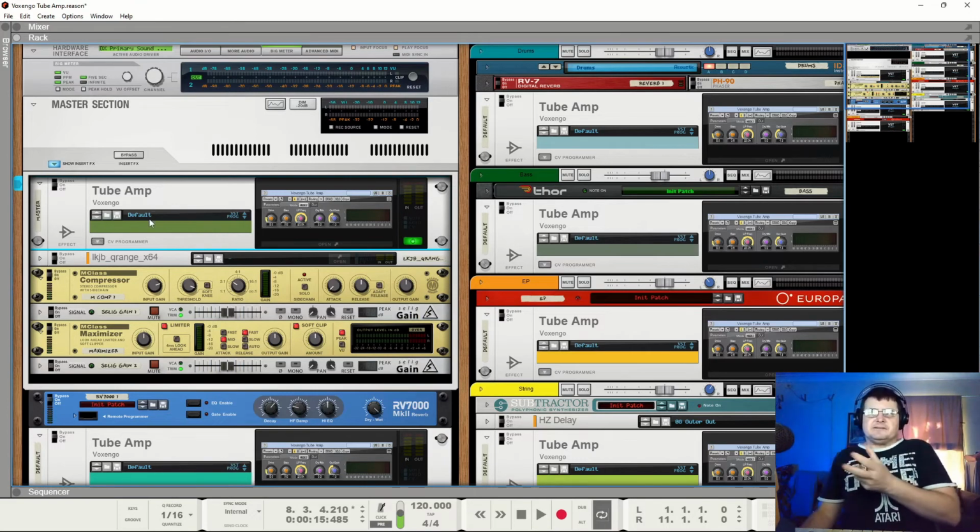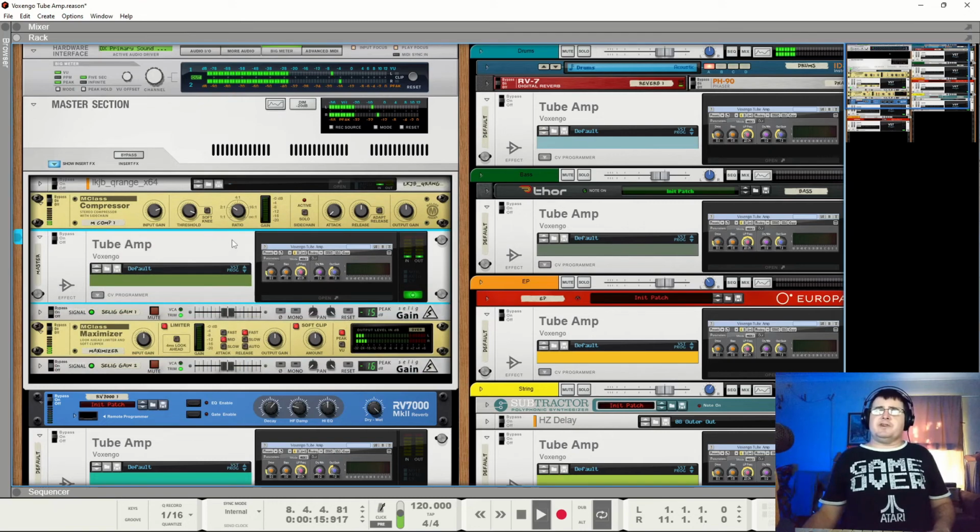So that's technically how that happens. Different devices will behave differently. I commonly have the compressor first, so it levels off extra things, but there's no right or wrong. In some ways, I possibly prefer this on the front, maybe just because I've been listening to it on the front rather than after the compressor. But you'll get a different result.